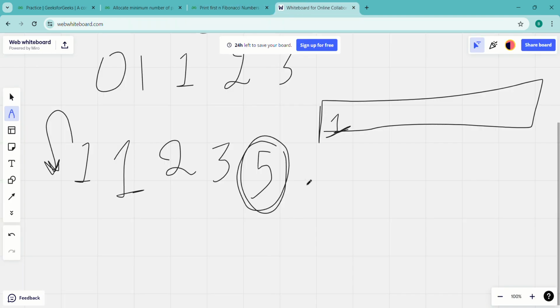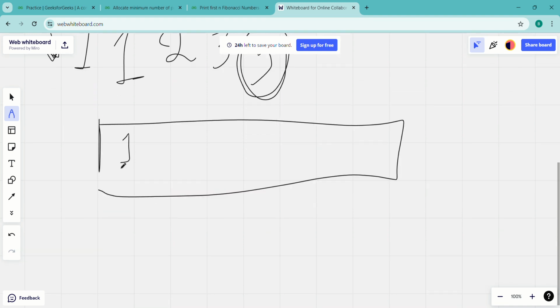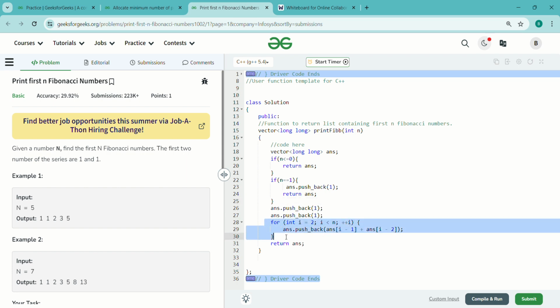Then what we will do is we will start by filling the answer with the first two values 1 and 1, and then we will run a for loop for i equals 2 to n, from index 2 to n. The remaining will be filled from the next index number 2. Let's say this is 0 and 1. The index number 2 will be filled as the sum of these previous two elements. Okay? Then we will run a for loop and we will fill answer.push_back answer of i minus 1 plus answer